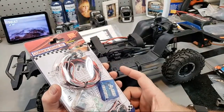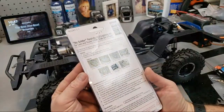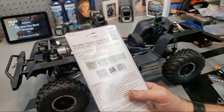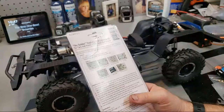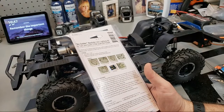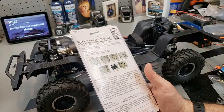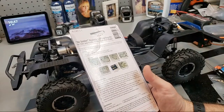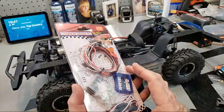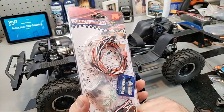Channel 1, Channel 2, plug and play. My guess is the lights aren't even bright. This is probably just a junk kit. Input voltage is 4 to 6. Does have a control board. It's got an accessory packet, which looks like it's just a way to affix your wires. And if I'm right,